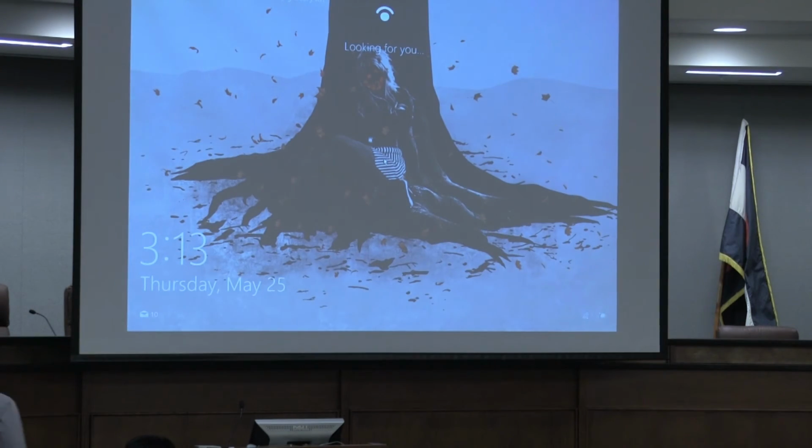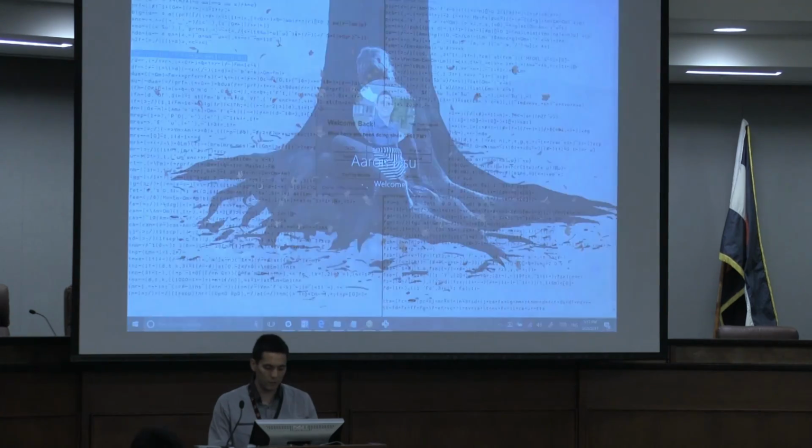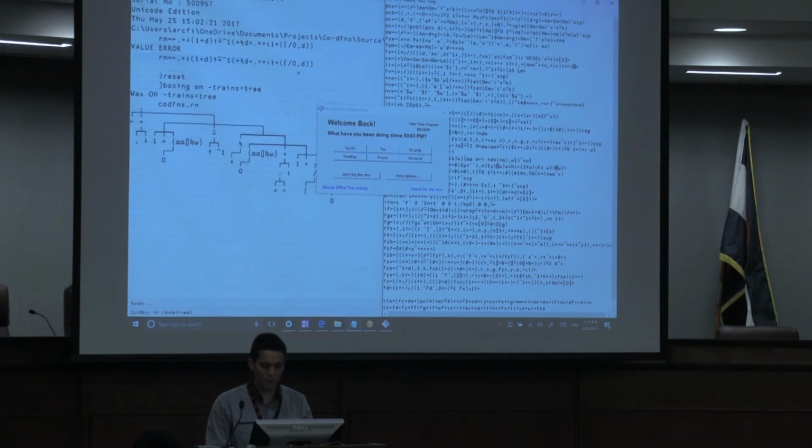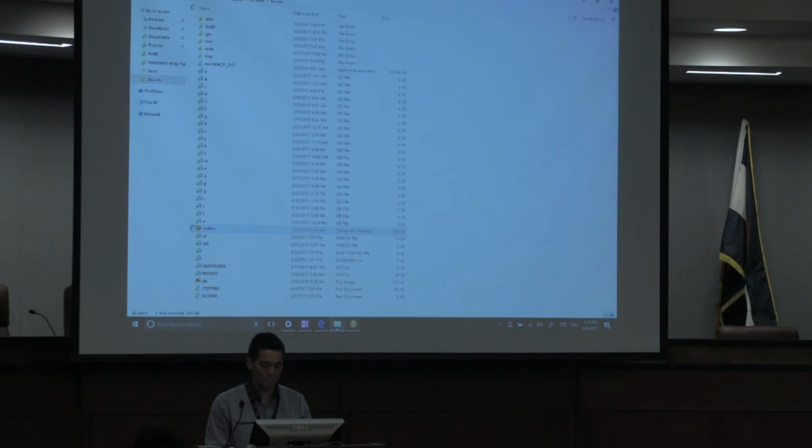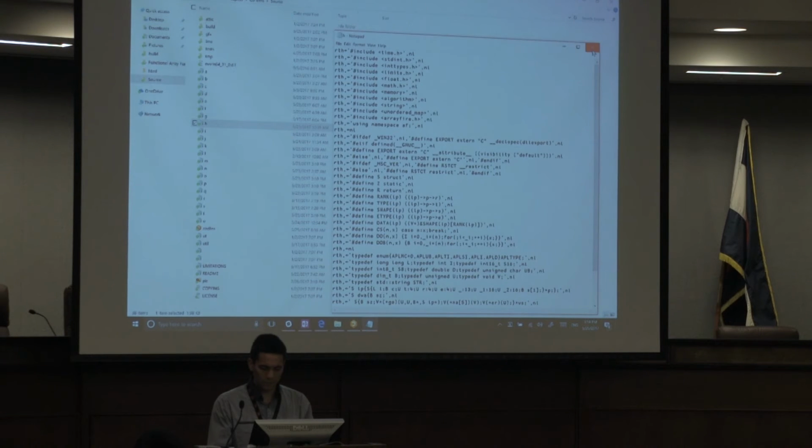Now, an interesting situation is what do you do when you have to work with C code and you're used to looking at code that's that dense? Believe it or not, this is actually a problem. If you have to jump back and forth between code that's airy and code that's very packed, it can be quite difficult. So what I do